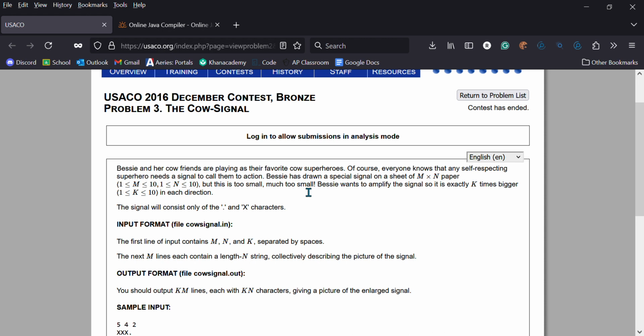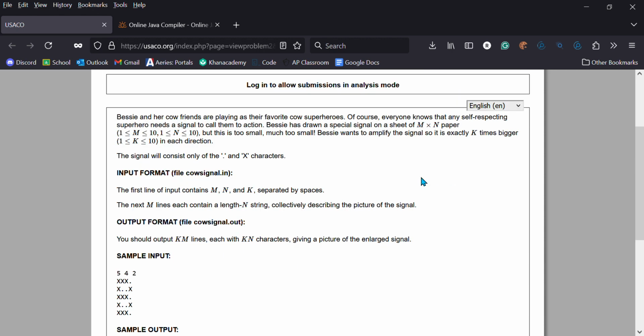Cow signal. Let's first start off by reading the question. Bessie and her cow friends are playing as their favorite cow superheroes. Of course, everyone knows that any self-respecting superhero needs a signal to call them to action. Bessie has drawn a special signal on a sheet of M times N paper. This represents the dimensions of the input,